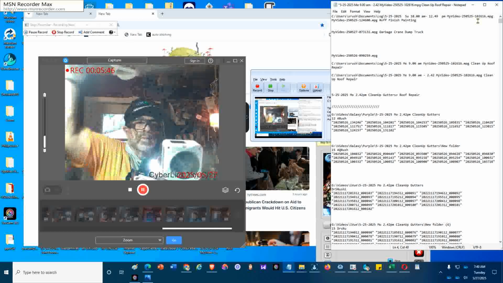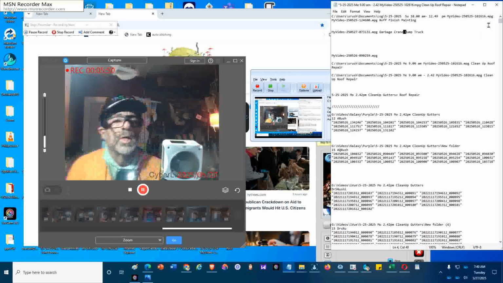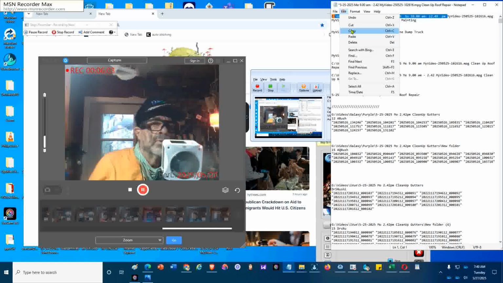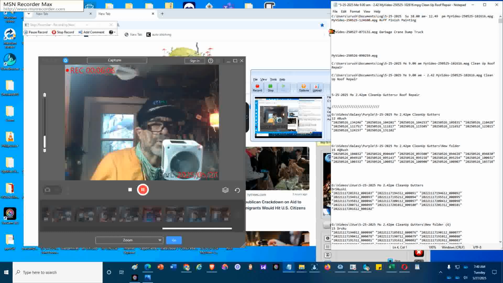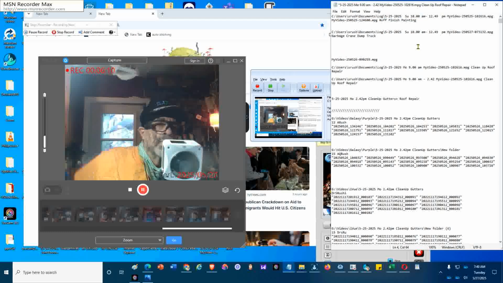Turn on more lights here. Dump truck, and now I'm going to save it to a subfolder that is called log and is dated. So I copy it from above, from the yesterday log, edit, copy, insert it at the beginning of the string, and now update it. Today is the 27th, so I'm updating it to 27th,